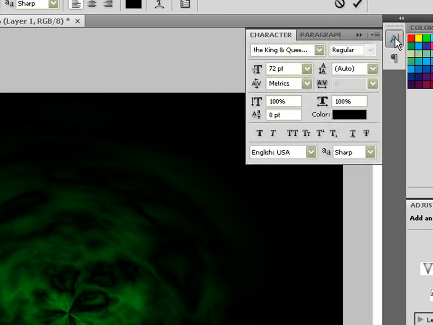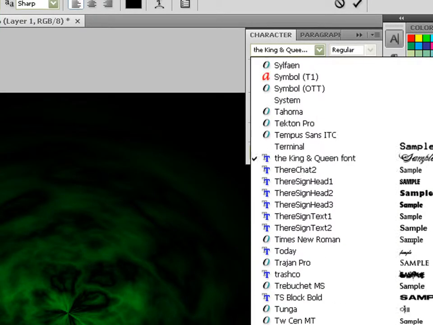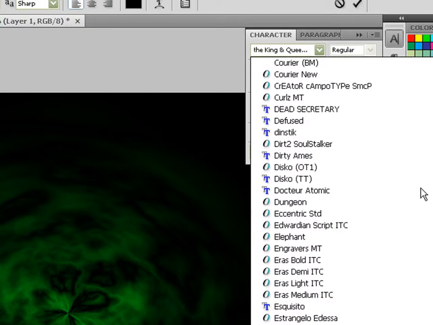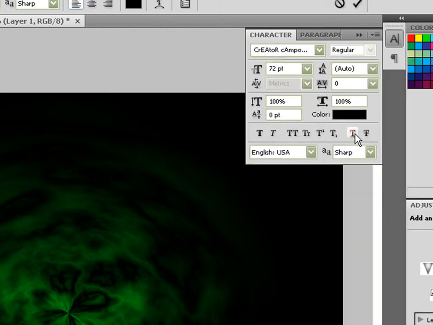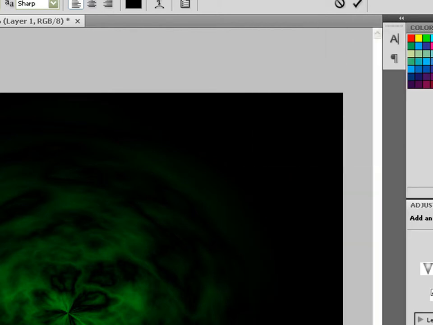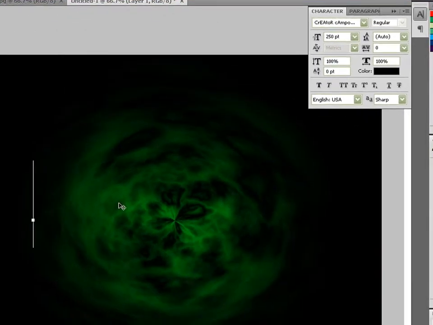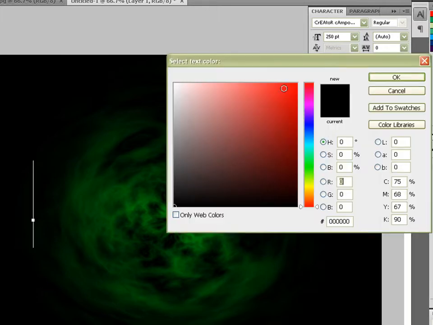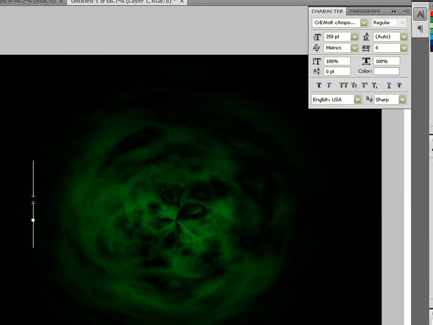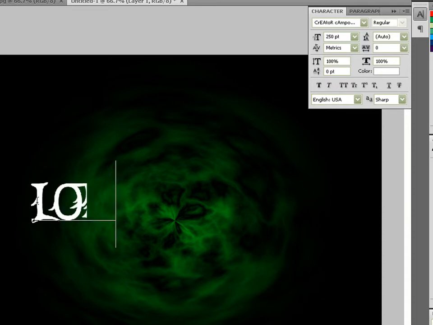In this case, I'll be using a font called Creator Campa Type, and I'll post a link to this font later on. I'm going to increase the size to 250. Pretty small text, so then type something in. Make sure it's white. You can just come over here and change that. That way we're able to see things. You can see that creates that